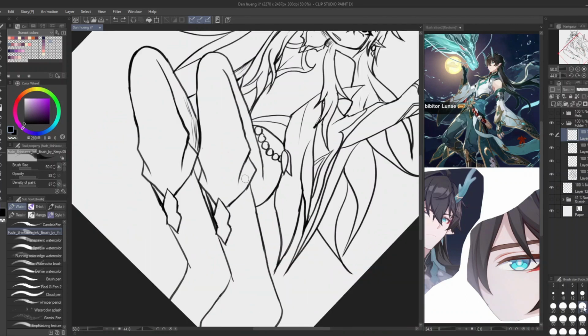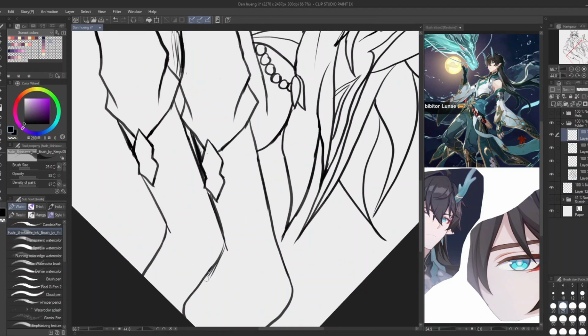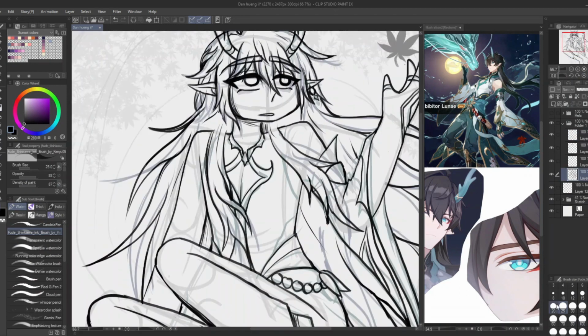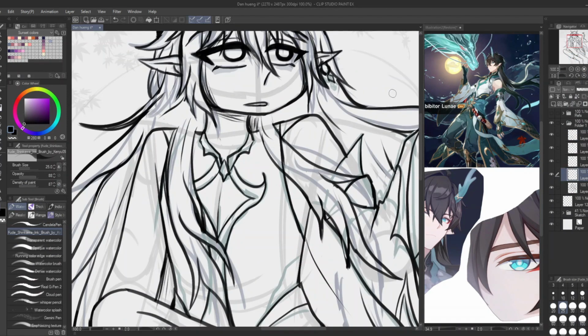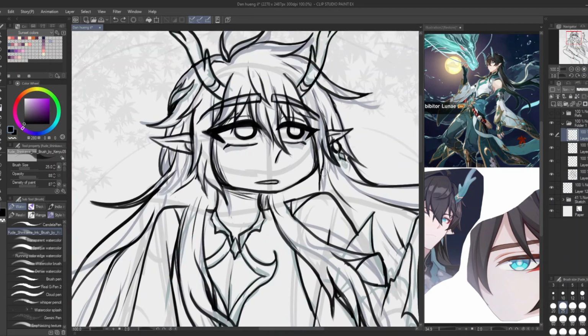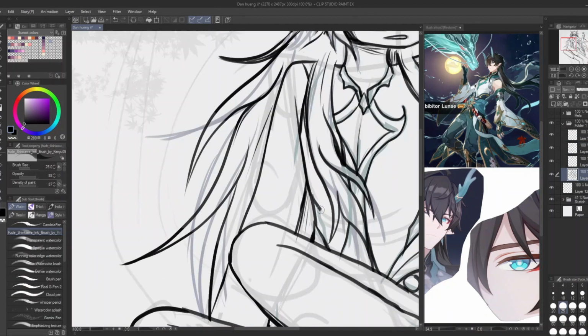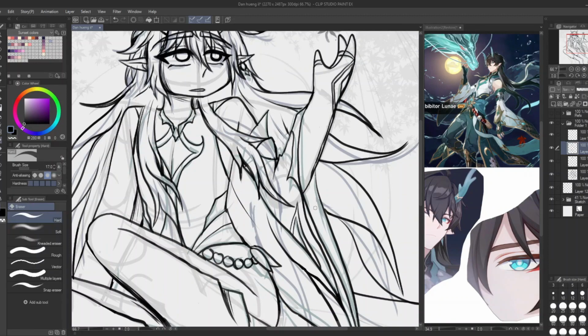But yeah, after the line art happened, which added a bunch more time onto this drawing than probably needed. It wasn't really that much time though. It was a lot of the line art lost, but the main part of it was still there. But after getting the rest of it in, finally, I did all of the fancy hatching shading like I used